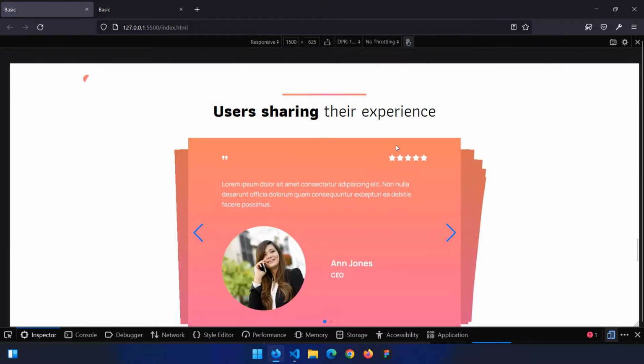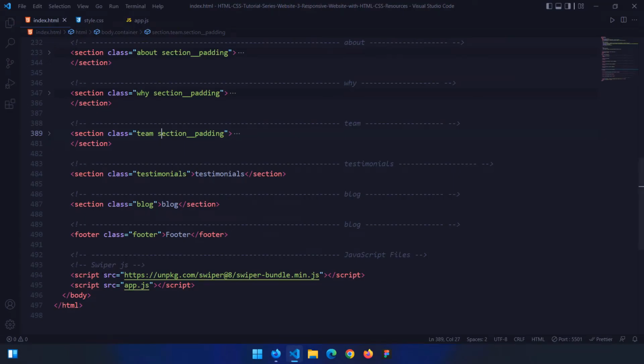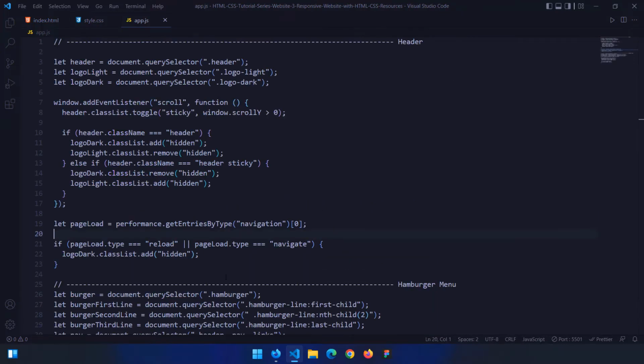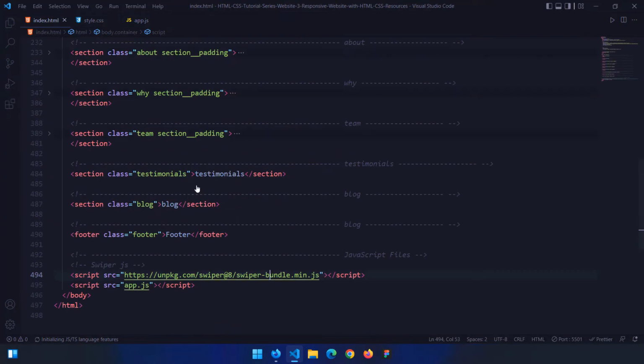Now, in case you're not familiar with JavaScript, it's not really necessary to be able to implement this. I'm going to give you all the code. It's going to be a completely standalone section. You can use this. The styling and the responsiveness all come from CSS, which is something that you are quite familiar with. But the actual functionality comes from a bit of online code from the CDN, and a little bit of modification that we are going to do to it in our JS file. So first off, let's go ahead and